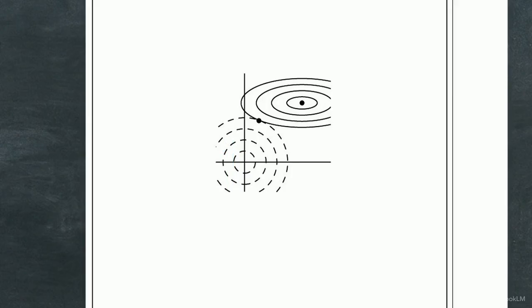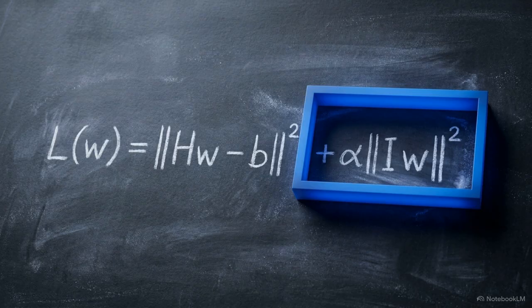Using Karush-Kuhn-Tucker multipliers, we can view this penalty as an explicit geometric constraint. The L2 term acts as a hard spherical boundary. The regularized solution, W tilde, is forced into an equilibrium where the objective contours strike this new boundary. If we solve for this equilibrium mathematically, we find that L2 regularization does not uniformly shrink the weights. It rescales the original weight vector strictly along the axes defined by the eigenvectors of the Hessian.